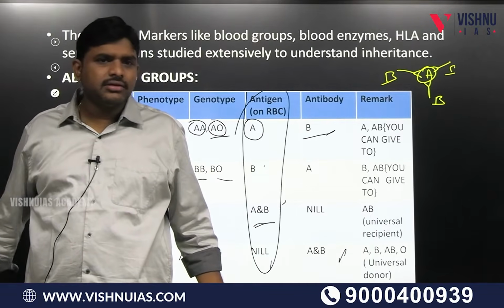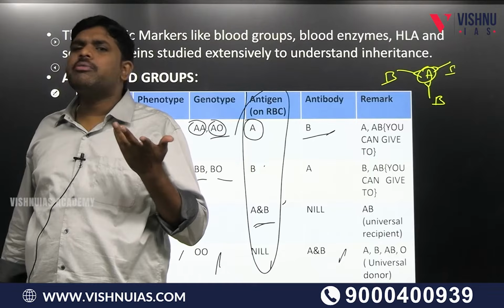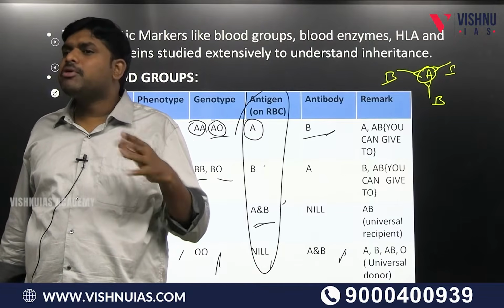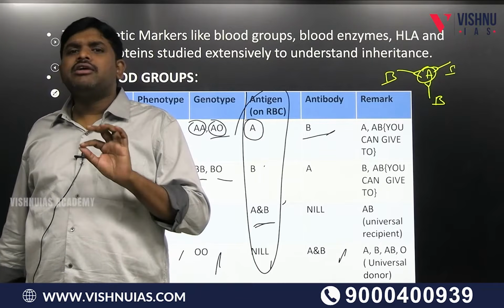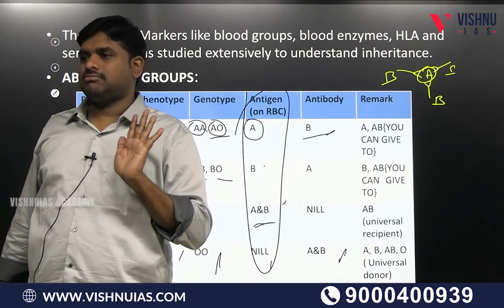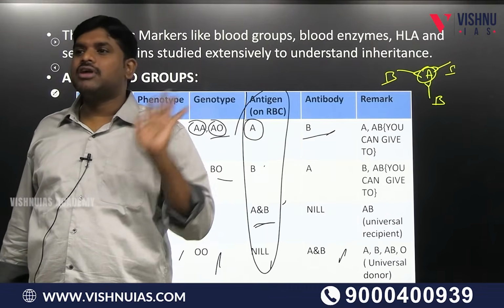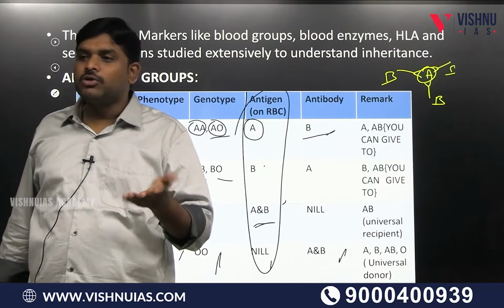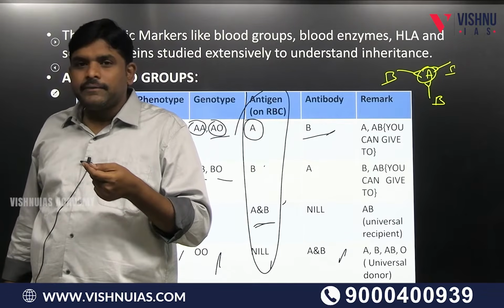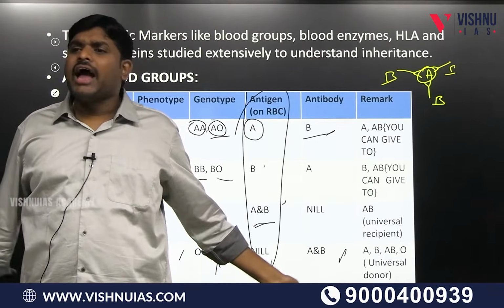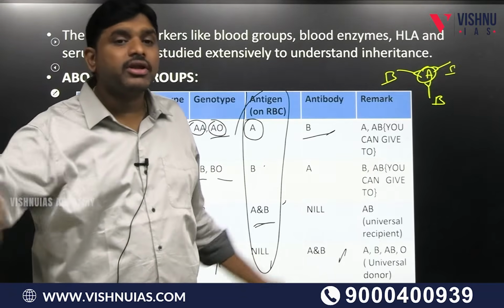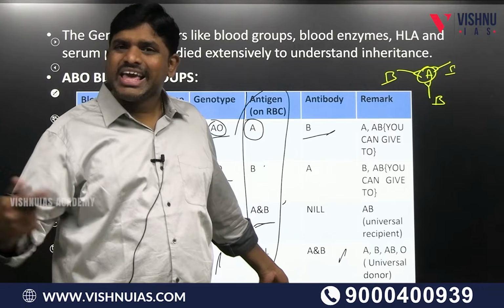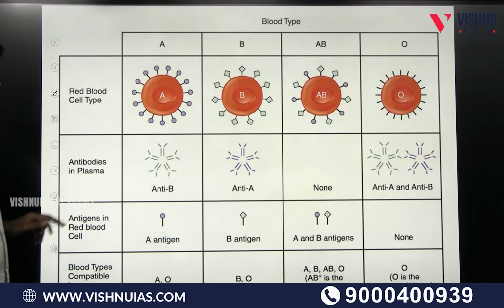If I do not have any antigen, if I do not have any issues with you, I can come to your home any point of time, and you will welcome me any point of time. There is no difference. But if there is a difference, even 1% difference, there is a chance of inhibition. If I go, he might remind me about that, why you behave like this, so unnecessarily why should I go. So there is some inhibition. If there is no issue, then I can go anywhere. I do not have any antigen. When I do not have any antigen, no one is going to fight with me, so I can go anywhere. So O is called as universal donor, AB is called as universal